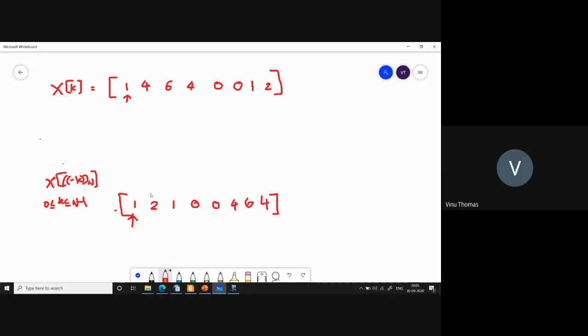Okay. So now, how will I calculate x tilde of minus k modulo n conjugate? I have to take the conjugate of all the values, right? I only need to take the conjugate of all the values. Since all these values are real, the conjugate is also the same value here for this particular example.